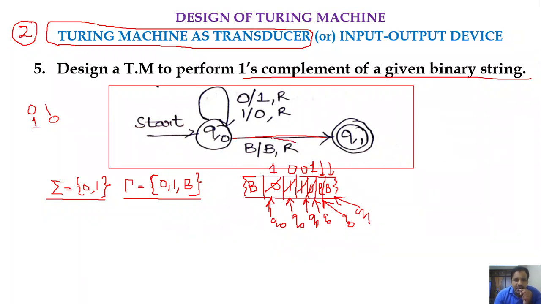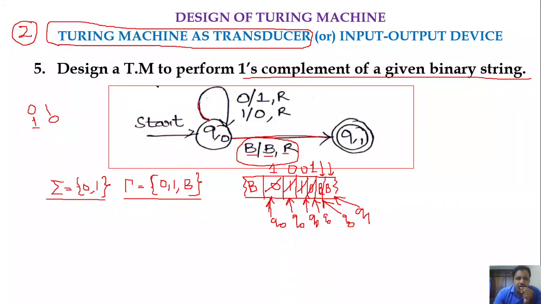Here you may get a doubt: sir, in Q0, if we are replacing the blank with blank, why are we moving towards right? You may move towards either left or right, it doesn't matter. Since I have to take one move, either towards left or right, I have taken the right move. You may also select the left move. So in Q naught, if you get a blank, you could replace that blank with blank and move the head towards left. This is how we could implement the Turing machine to produce the one's complement.